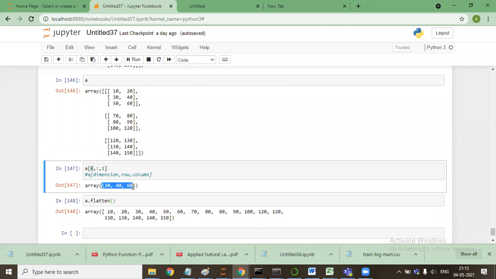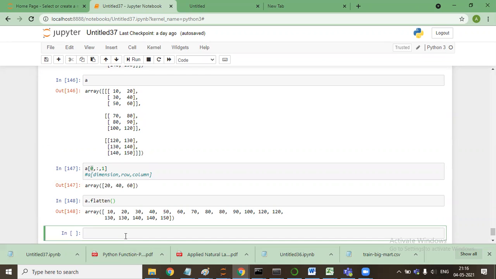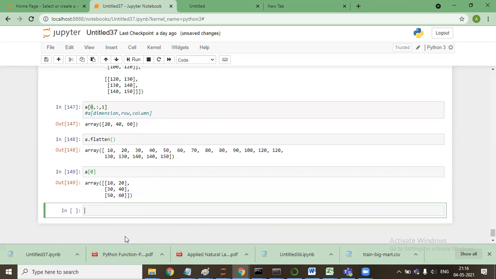But I'm not getting the output. If I say this, and I have to select all rows and the first column, what will be the value that will come from here?